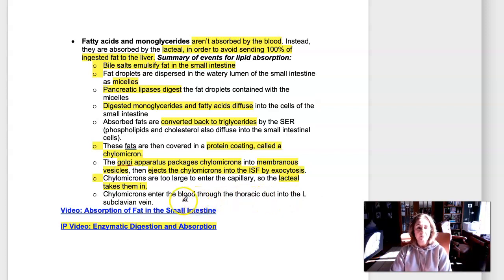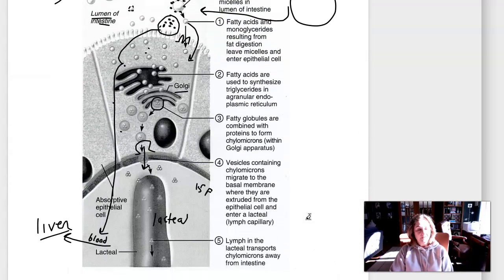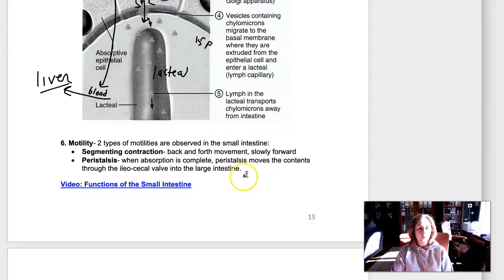So the chylomicrons are going to enter the blood ultimately, eventually, right through the thoracic duct and also the right lymphatic duct. It's just that the left duct, the thoracic duct, is larger. That's why I'm listing that, but it would also happen on the right. And so to wrap up the small intestine, motility is definitely a function. We see two types of motility, what's called segmenting contraction, which is kind of like moving back and forth, and then slowly moving forward. And then when nutrient absorption is complete, peristalsis, which we know, is just going to move the contents